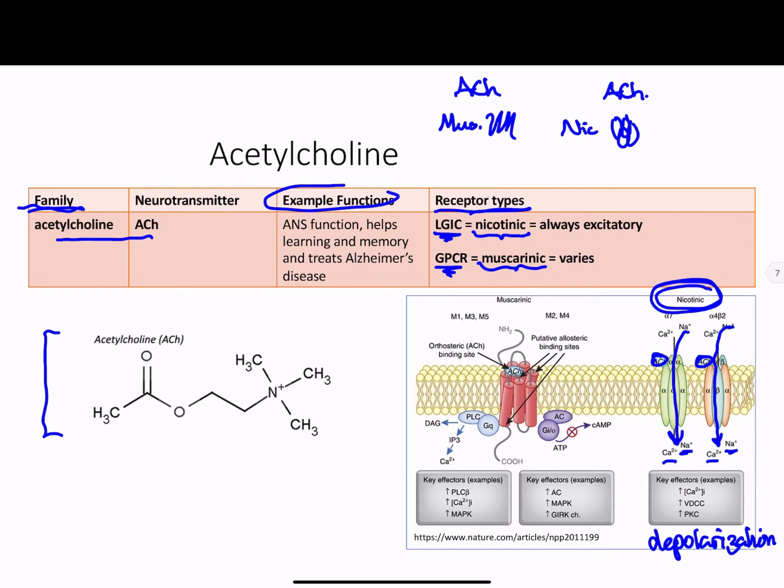We're going to see that when we talk about Alzheimer's and pain, that these receptors bringing in calcium can make long-term changes to neurons that are detrimental to us. So those nicotinic receptors: sodium, sometimes also calcium, always excitatory or depolarizing,